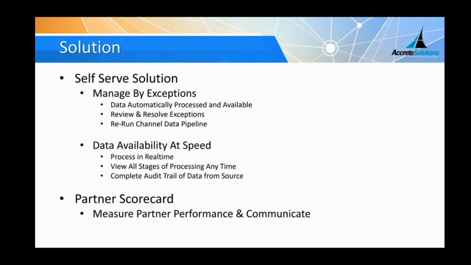requirement. And another requirement is, of course, the partner scorecard. Looking at the channel data, you should be able to measure how your partner is performing. Are they meeting the revenue goals? Are they maintaining an optimal inventory level at the partner? Are they reporting their point of sales and inventory data on time as part of their obligation, or is the data quality good enough? You can use various metrics to assign a score to them, and you can use that to manage your partner better.